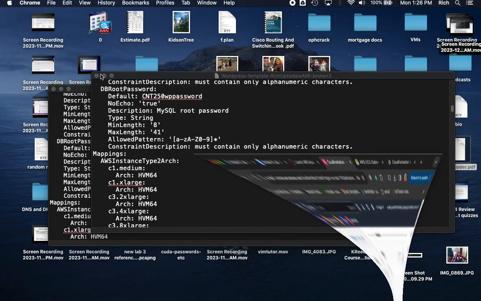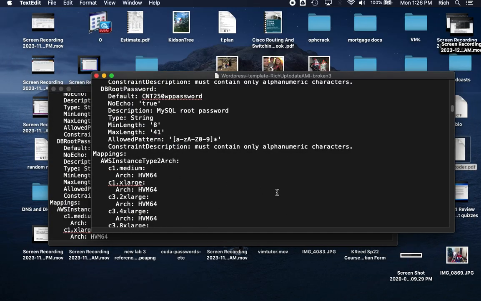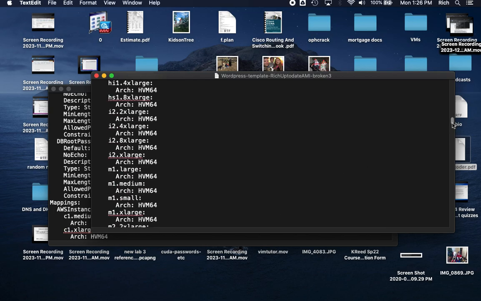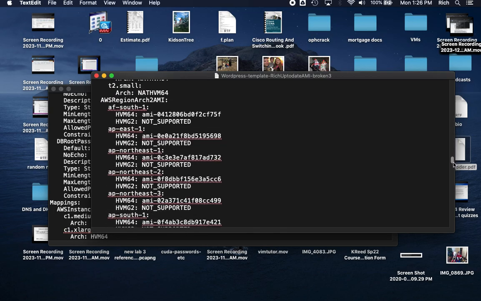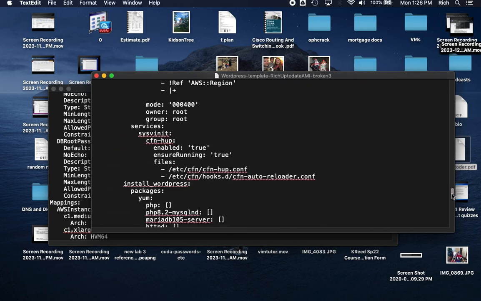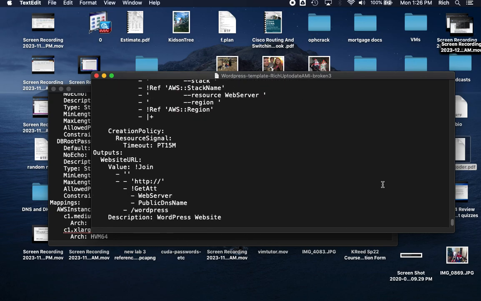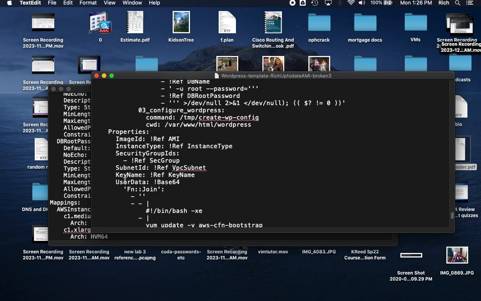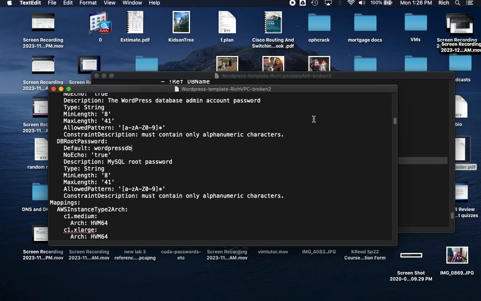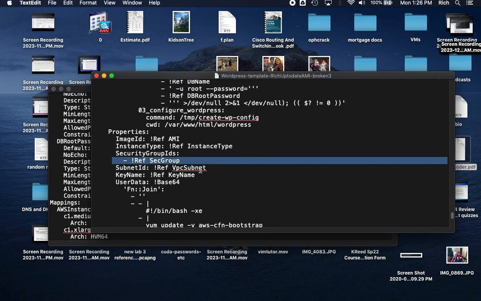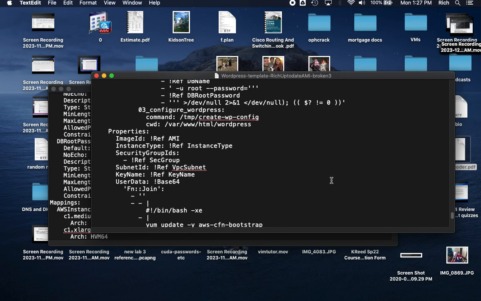So if we look at my broken 3, this is one where I was trying to launch into my custom VPC. I specified the security group to use, and the security group exists in my custom VPC. So it did not like that. So I needed to specify